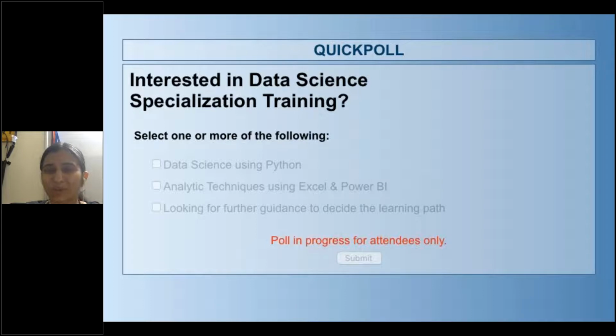Akshay says, how should I start as a beginner in machine learning? So one of the easiest ways is to do the course, which we have curated for everybody who's starting fresh, data science using Python. That is one way. But if you're looking to do it yourself in alternate ways, then one can look at the likes of Google, who produce a lot of material, and even on Kaggle you will find machine learning discussions, but obviously they're not structured and curated. But there are definitely ways in which you can self-learn.